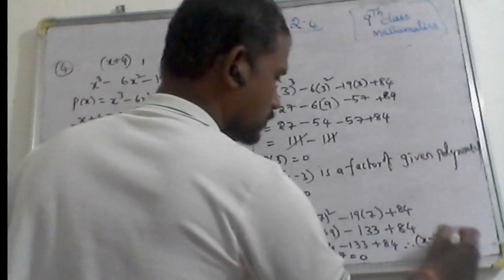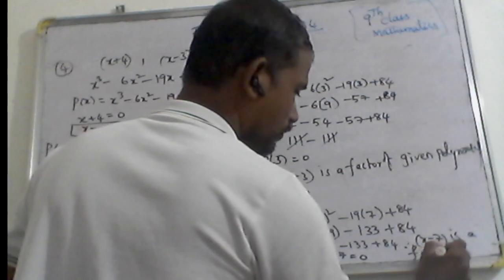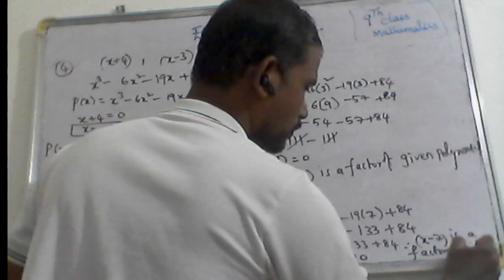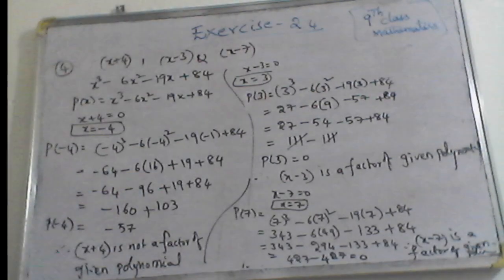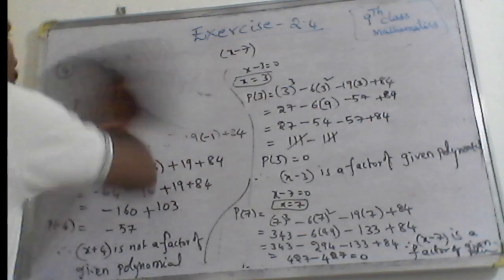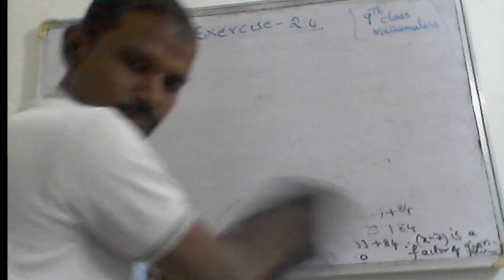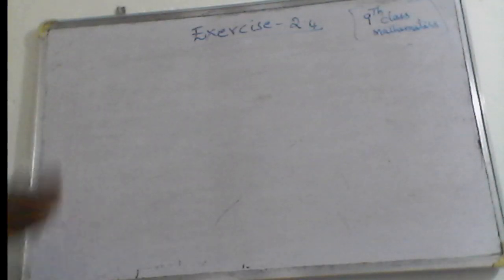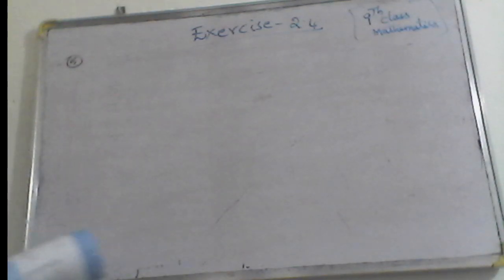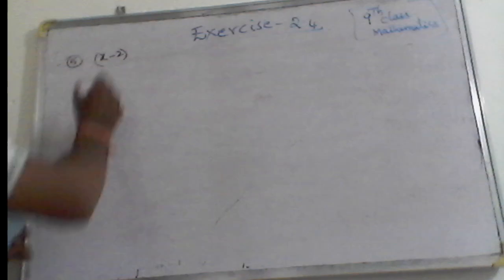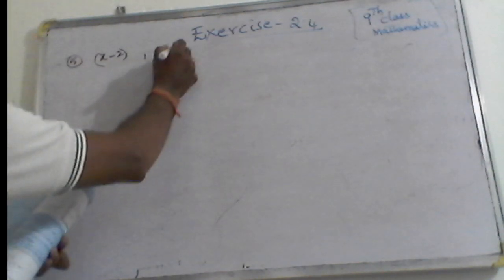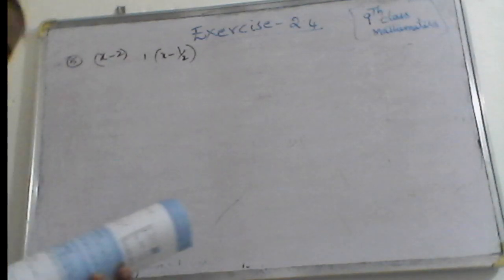So x minus 7 is a factor of the given polynomial. So next one, question number 5. If both x minus 2 and x minus 1 by 2 are